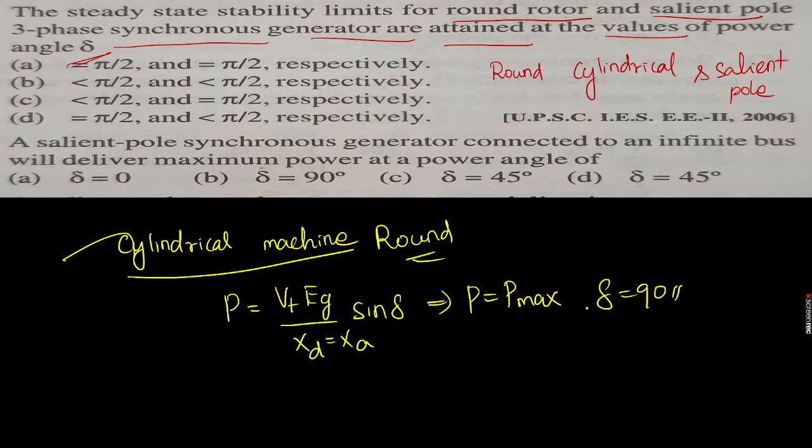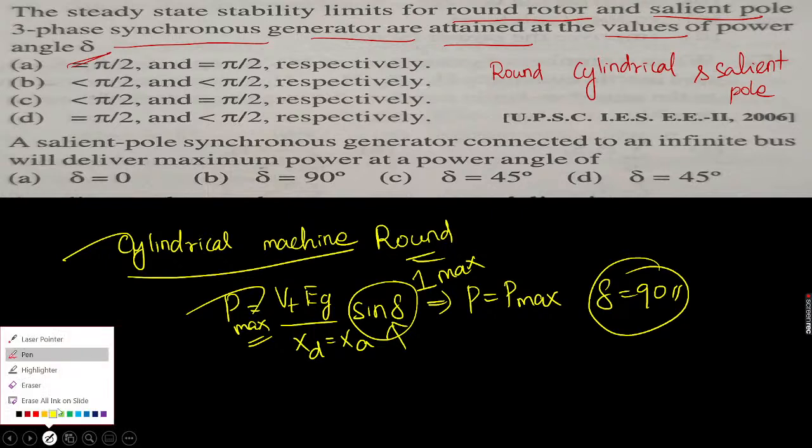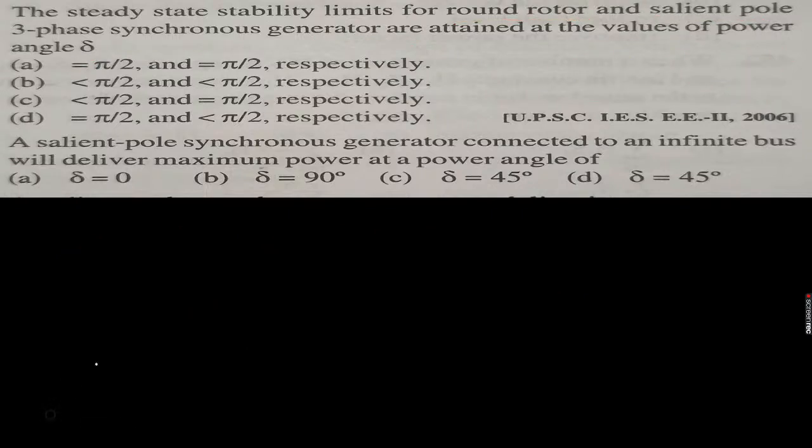So for a round rotor, when delta achieves 90 degrees, sine delta automatically becomes 1. That is the maximum value of sine delta, so power will become maximum. Okay, sir, that is over. When we are talking about another machine, the salient pole, what is the formula? For salient pole, we write generator voltage into terminal voltage divided by Xd reactance